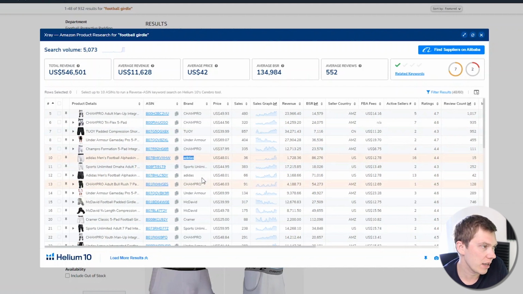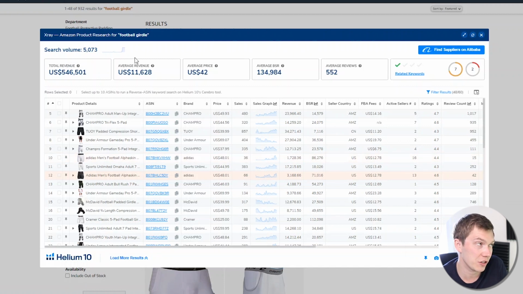Adidas. Now, if you see this when you're assessing a product niche on Amazon, if you see very established brands are going to be competing with you, that's when you need to question whether you'll have the marketing budget and the capabilities to attract a customer to purchase from you over a much bigger and more well-known brand. And my view, now that I've looked through this, is that there are quite a few established brands here. So we've got Under Armour and Adidas, which is probably going to be a customer's brand of choice